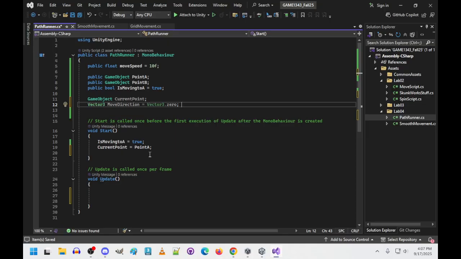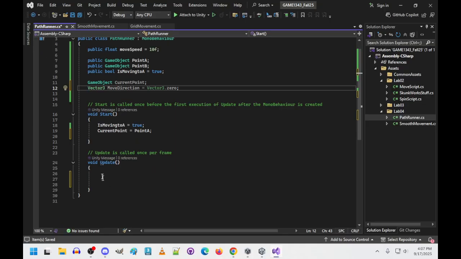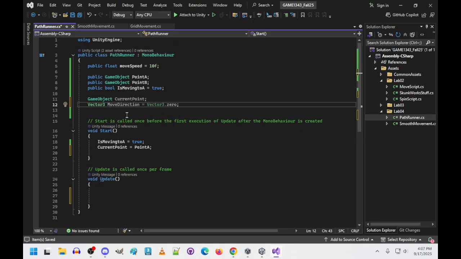So this is going to be essentially the direction. When we calculate our direction that we're going to move, we're going to store that into this variable right here. So when you're writing functions in a class, the idea here is that you have